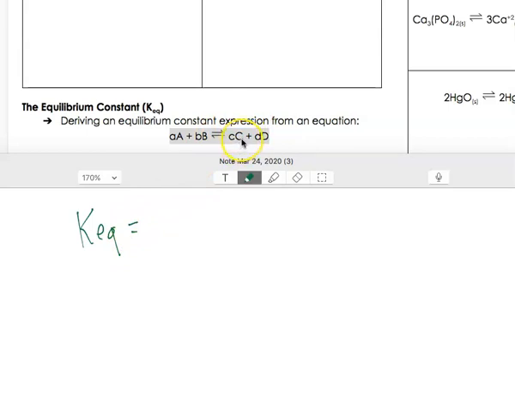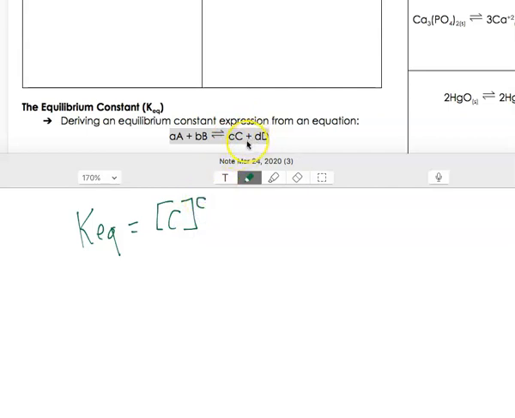For example, capital C is our substance. So you're going to put the concentration of one of your products. So you always start with products on top. So the concentration of big C to the power of this little c